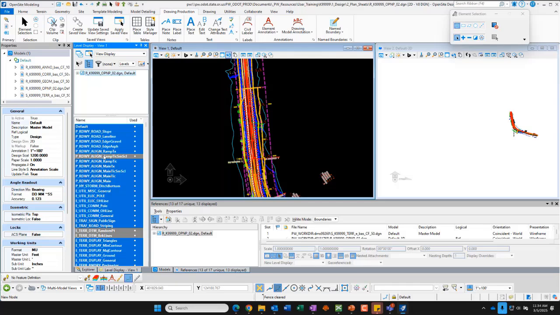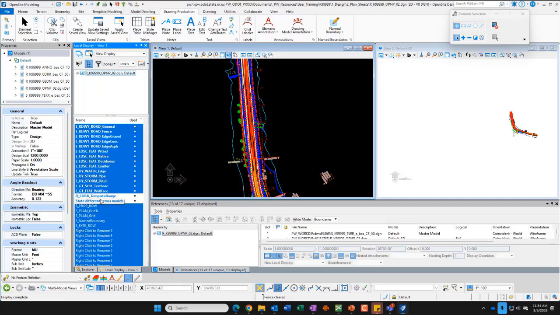In the proposed, I've got all of these alignment levels, and I should also have some that are coming from the corridor. Down at the bottom, you'll notice I've got some design levels. They start with a D, and those are coming from the corridor. So I've got a corridor boundary and template range. I don't really need to see those, so I'm going to turn those off by toggling them off